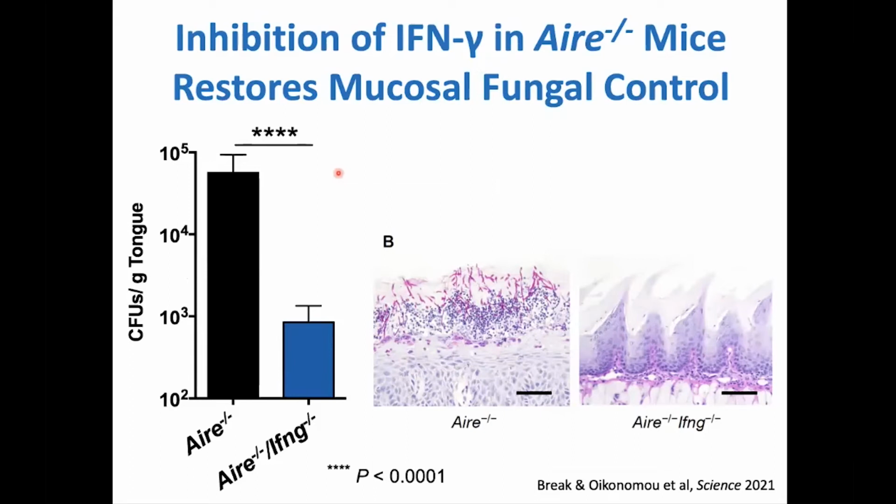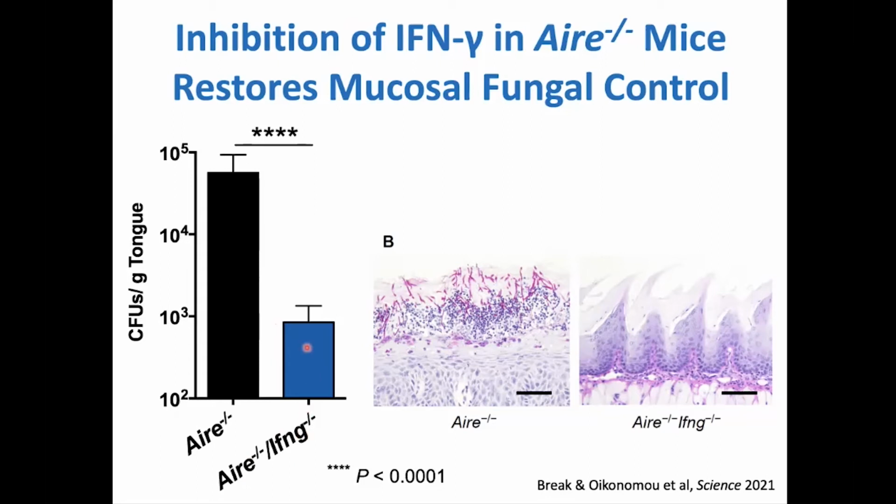where what we come to realize is that actually in the mouse model of AIRE deficiency, IL-17 signaling is normal. These mice don't typically have autoantibodies against IL-17, and yet they are susceptible. This is caused in the mouse by exuberant T-cell responses. Again, this is a disease of central immune tolerance, and as a result of that, negative selection of T cells is impaired. These T cells go into tissues and cause destruction, and it appears that in the tongue and the oral mucosa that also happens. And when you eliminate T cells, candidiasis doesn't happen, and that goes through excess interferon gamma that impairs